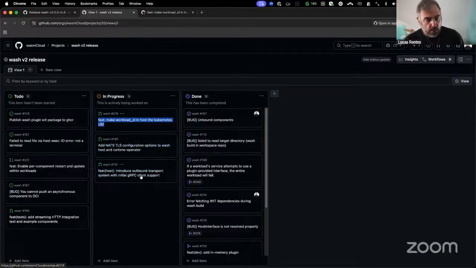And the last one is this one about an outbound transport system. This is to make our HTTP calls gRPC aware, essentially. So right now, if you try to use a gRPC client, you're going to have some issues there with, I think, trailing headers. And this pull request here is to make the host automatically figure out that you are